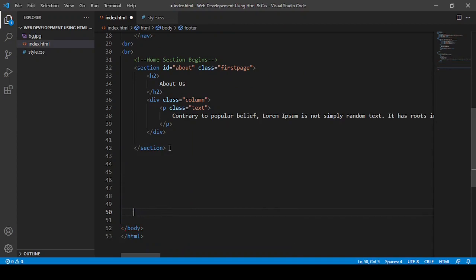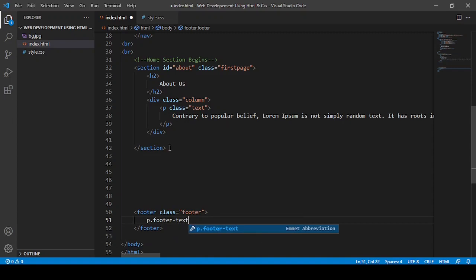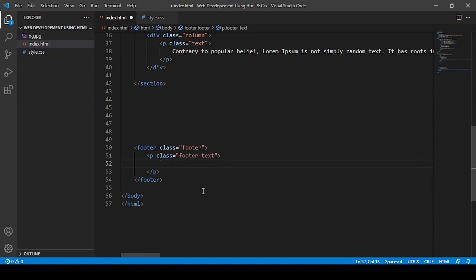Okay, let me say, first of all I am going to say footer dot, footer dot what if I say here footer only. Footer dot footer, and then in that I will say footer-text. And what to keep in footer, we can keep copyright information, privacy terms, like that, your own information, something like that.